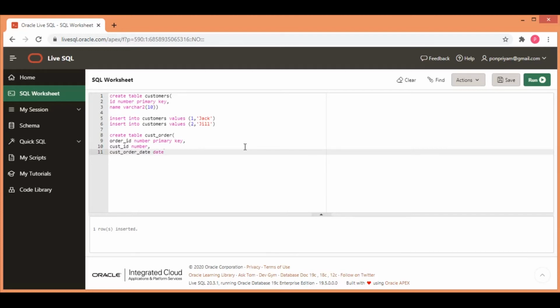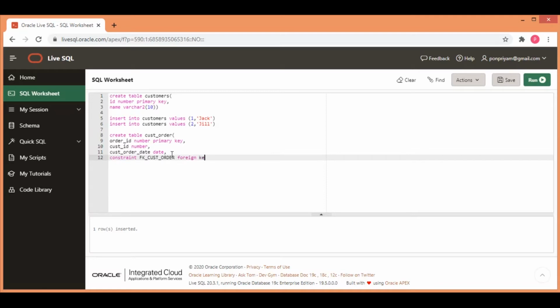In the previous cases, when we created the foreign key, we directly referred the table here and said this references table customers with ID. So in this case, what we are going to do, we are going to just say constraint. This is going to be constraint name. So since it is customer orders, I am just going to put this as cust orders.